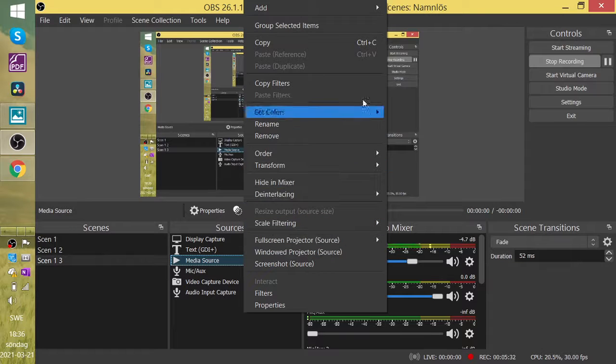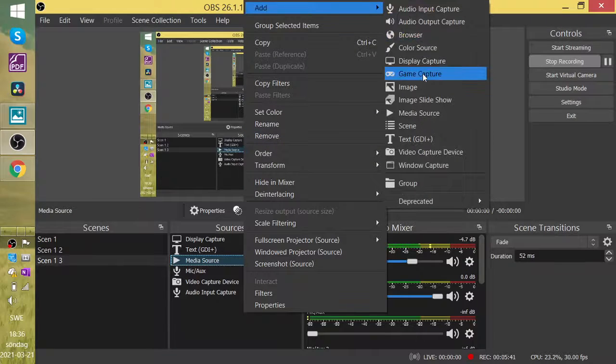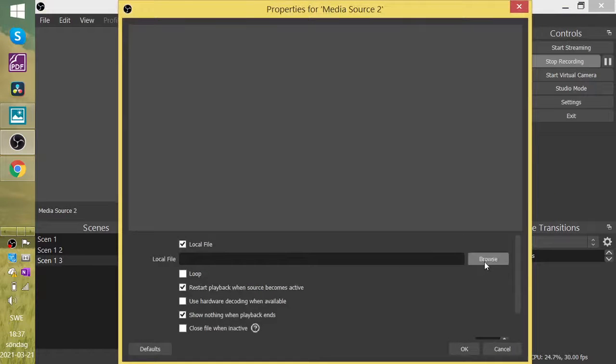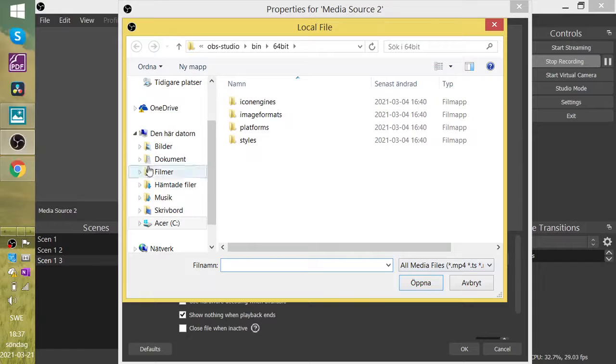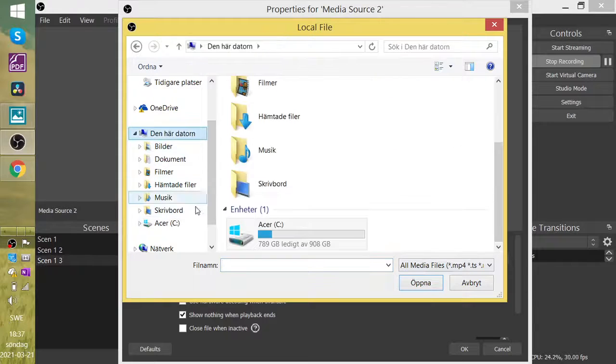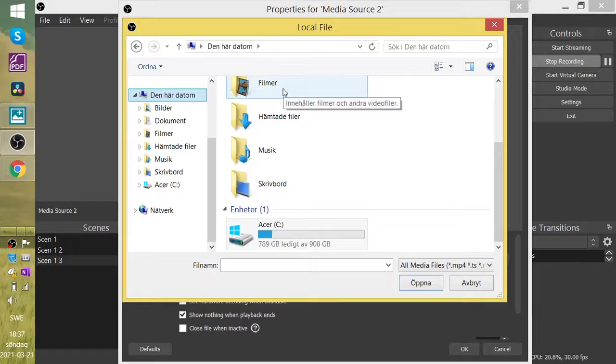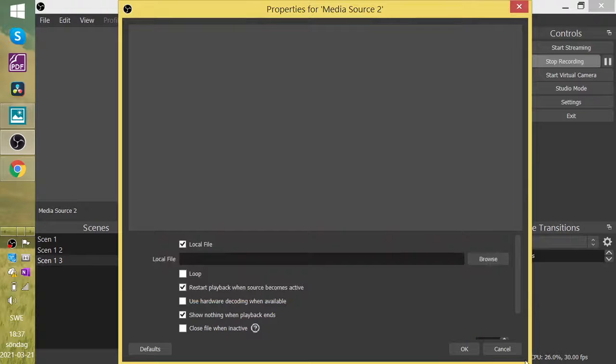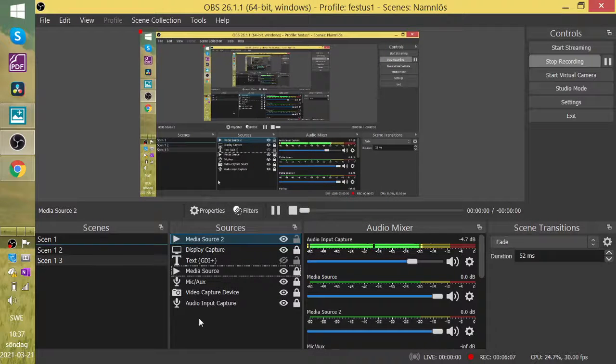You can choose, let me say, add media source, and then it will take you to your laptop, and you can choose any film you want or any video you want, even from your phone, and you can add it and it will play, and you can also use it in your recording. So it's very good, and there are so many things you can do with OBS.